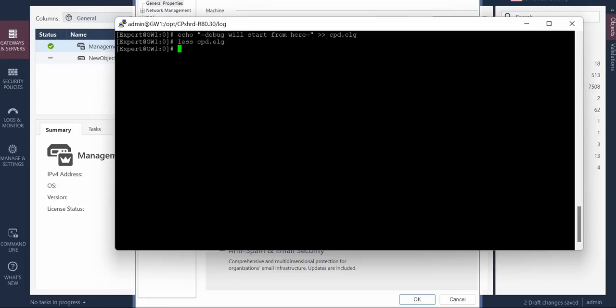Now let's start the debug. Let me clear the screen for you. Before that, this is important: we don't know what debugs are running on my firewall. So I'll first set all debugs to 0. This is the first command, fwctl debug 0. Whatever debugs were set on my firewall, maybe not by me but by some other admin,